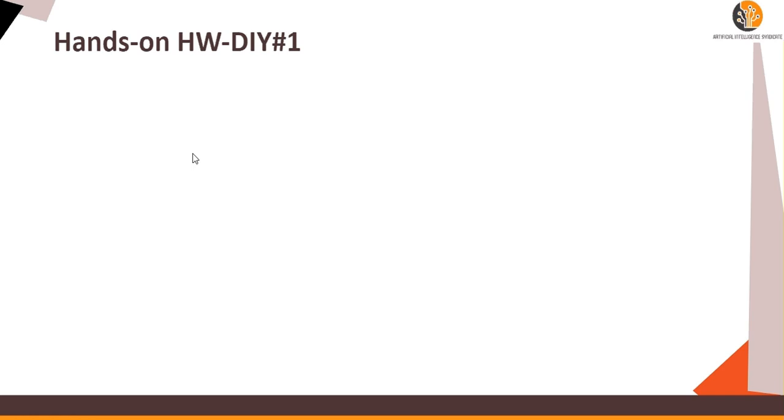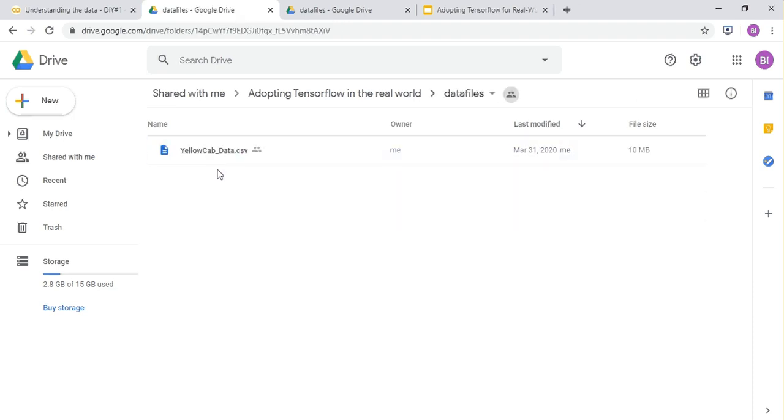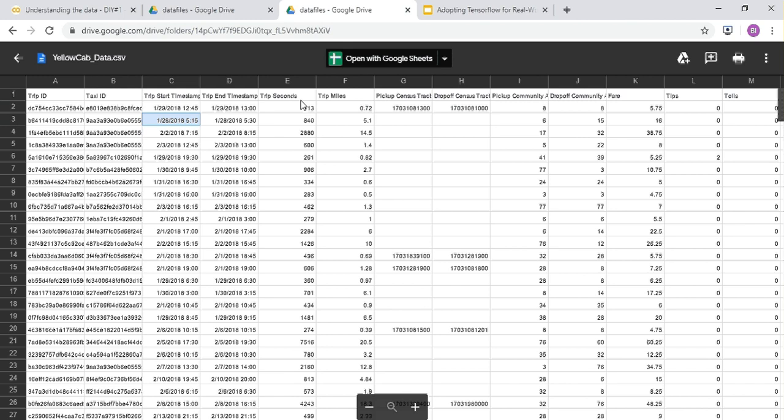HW is homework, DIY number 1. So, and then you go back in here, you would see this is the data: trip ID, taxi ID, timestamp, trip seconds, miles, so on and so forth. Let's run the code. So I'm going to run this,